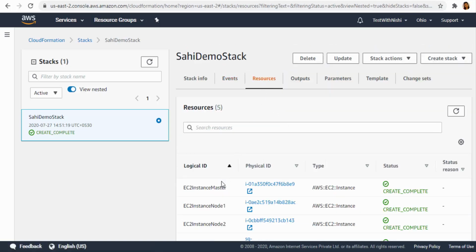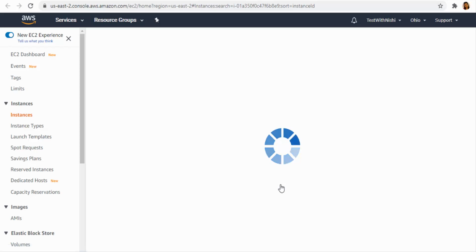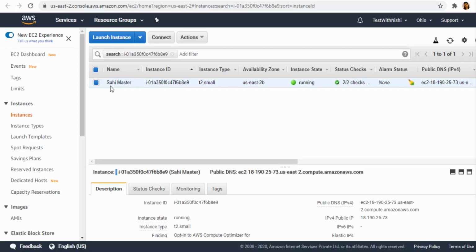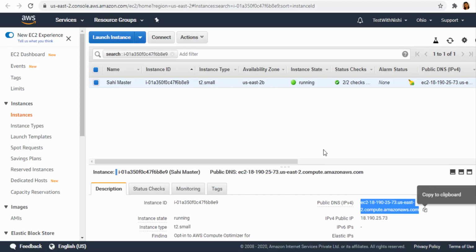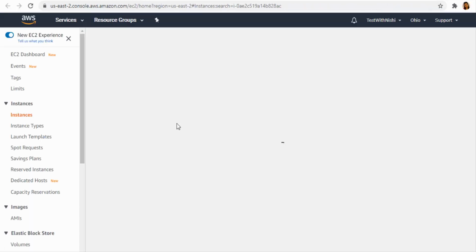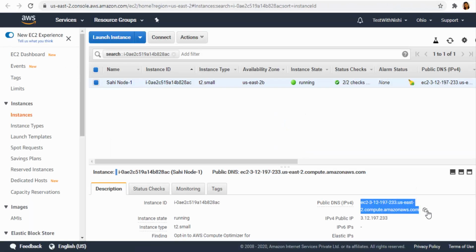Click on the physical ID for EC2 instance master and it will take you to the EC2 instances page with the master machine details. Get the public DNS from the Description tab for the master and node instances.